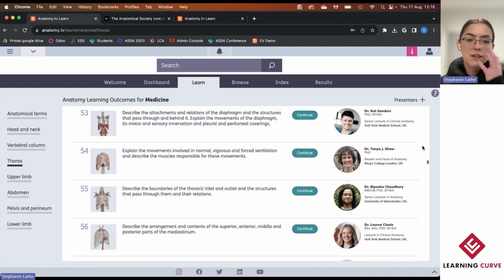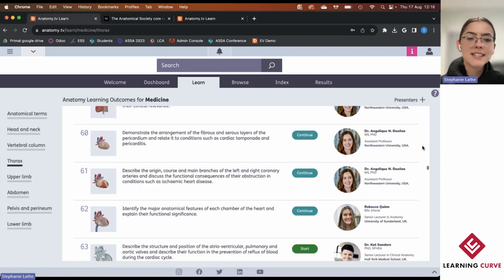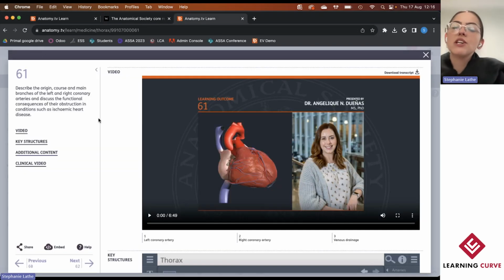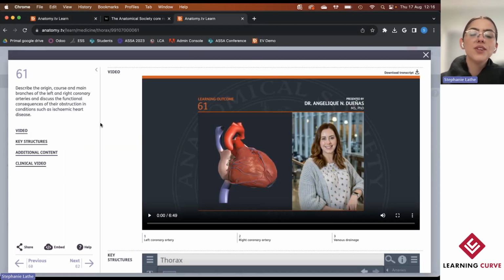And when I scroll through these learning outcomes, I will come across the one that is particularly important to me and what I will show you today. And I actually have that one preloaded over here, which is learning outcome 61. So once you click on any of these outcomes, you will then be presented with all of the information for